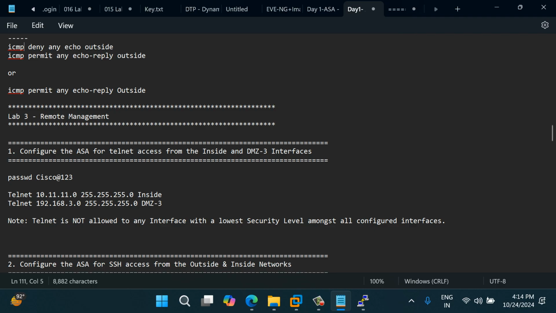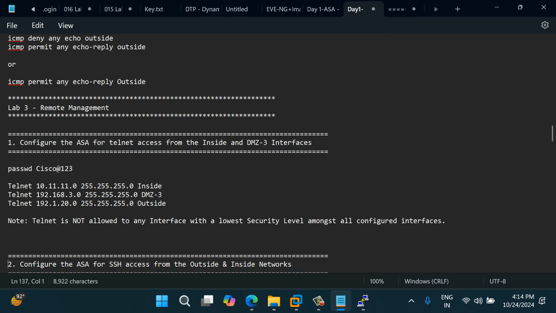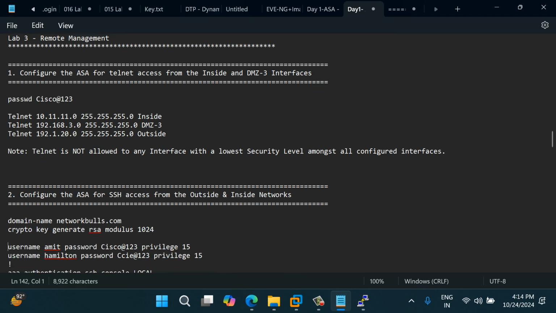Good? Making sense? So we can also put here, for example, telnet 192.1.20.0 255.255.255.0 outside, right? So here you will be able to check, because most probably you are going to verify, right? Till here following, sir? No question. Now let's go and configure SSH